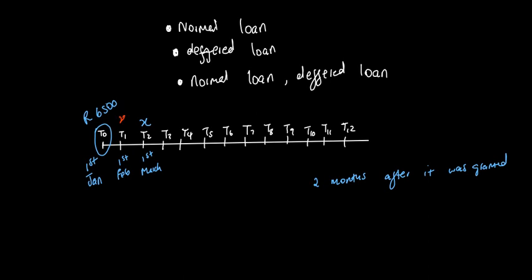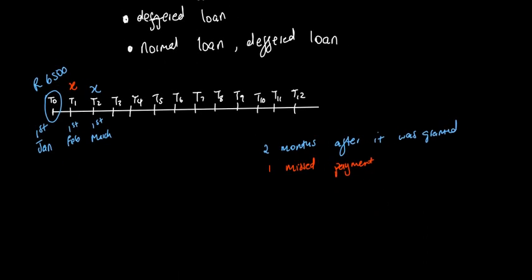So we say you have missed a payment there. If you start 2 months after, you are going to have one missed payment. Okay, and then I'll try to